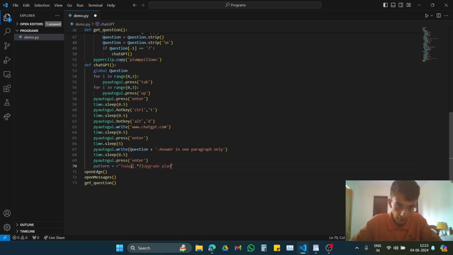And this group 1, the group between the parentheses, is the place where we want to detect the absence of "New chat" to know when ChatGPT is done with the response. Let's define pattern 2 as, as we discussed,